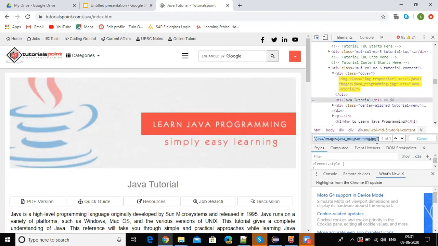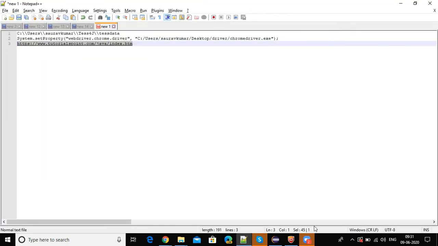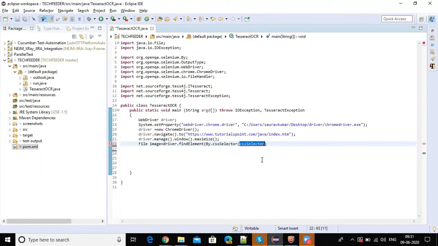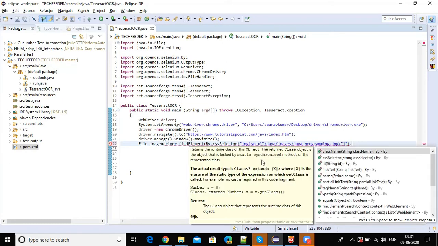We will take a screenshot of this. We will copy this locator, fine, paste it here, dot get.